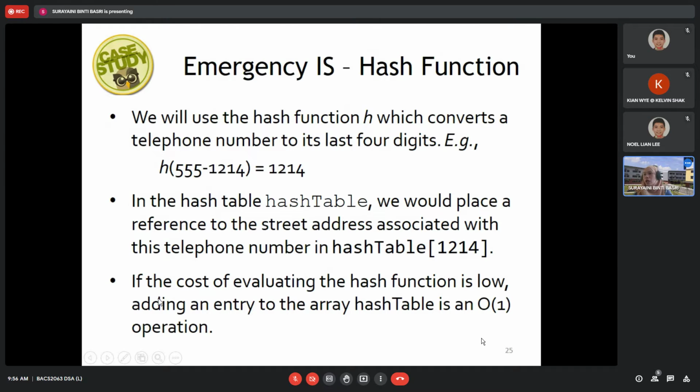And then if the cost of evaluating the hash function is low, adding an entry to the array hash table is a big O of 1 operation. The cost of evaluating the hash function is low. Adding an entry to the array hash table is